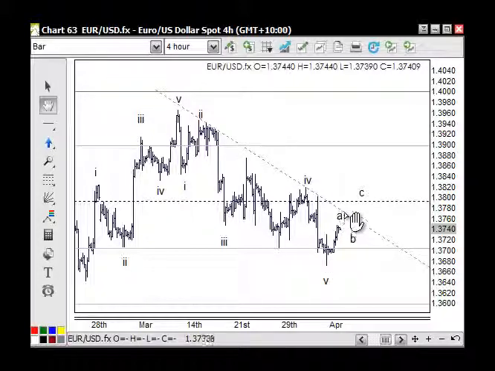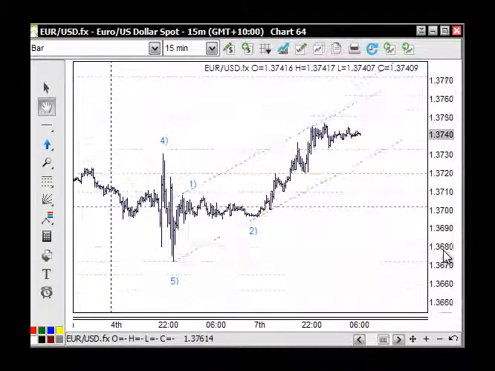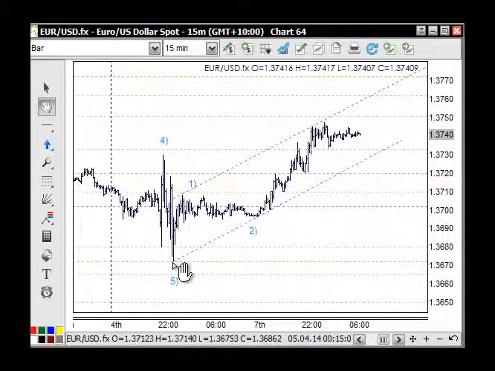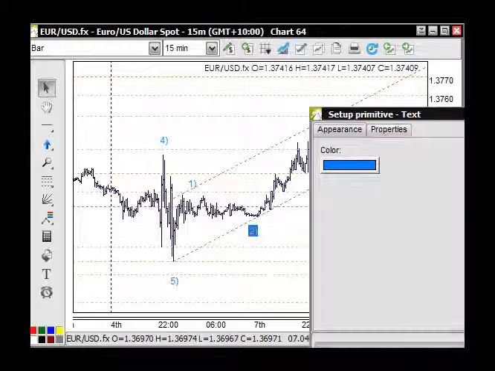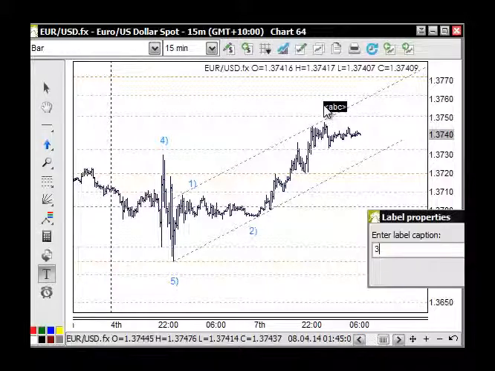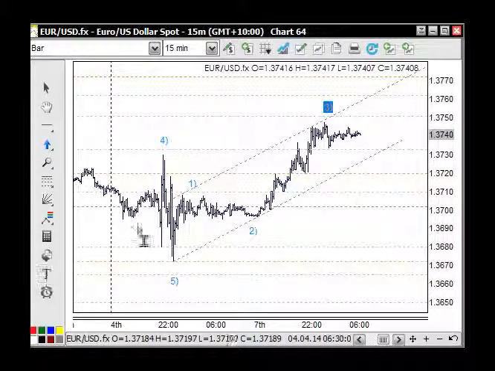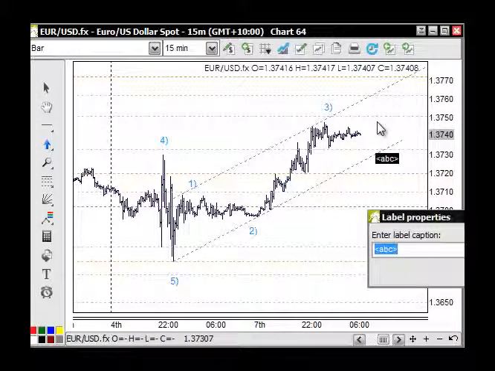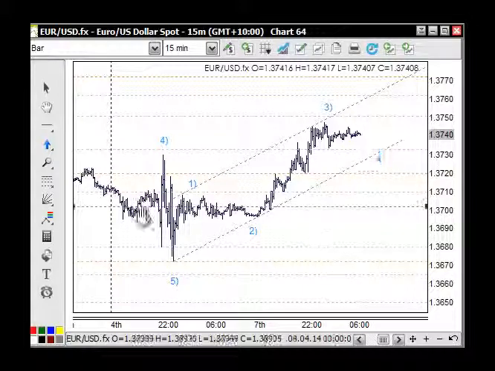And this move up through here as the A wave, we'll look at in terms of this structure coming up from the low, in terms of 5 waves to the upside. So at this stage we'll be looking at this as wave 3 coming in through here at the moment. We'll look at this as wave 4 pulling back through here in the off session, and then wave 5 up